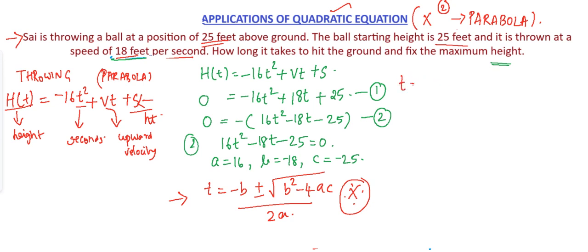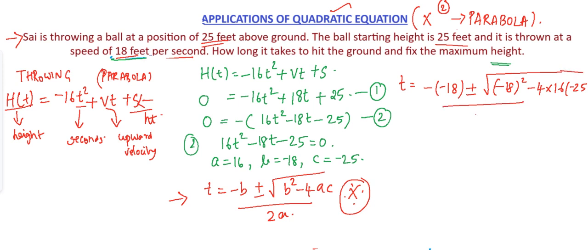So let's solve it. t is equal to minus of minus 18 plus or minus square root of minus 18 the whole square minus 4 into 16 into minus 25, divided by 2 into 16. When you simplify this, you get the solution